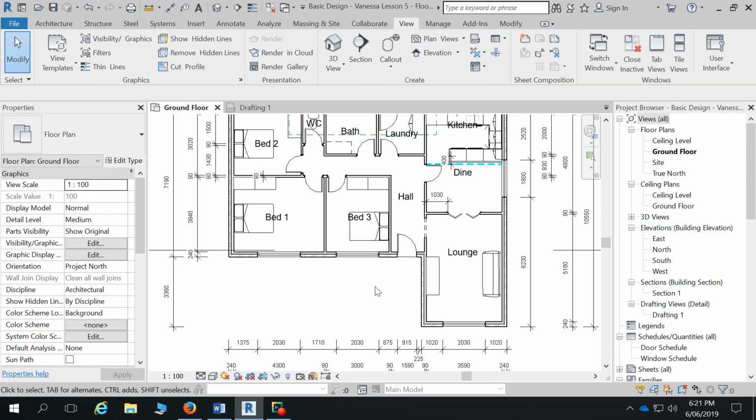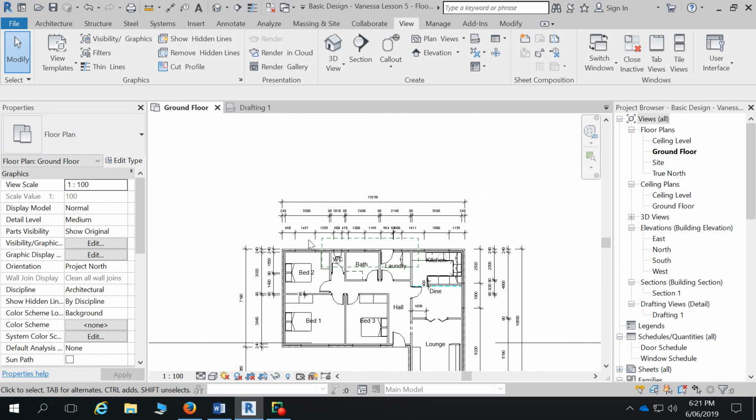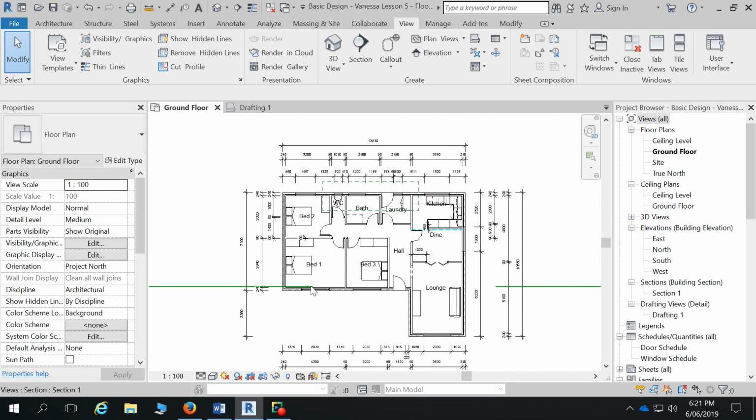Cool. So we might jump into doing the section and the couple of details it asks for. If you look at the PDF reference sheet, we've got section AA down this part of the building, and then we've got a couple of, like an eaves detail and a footing detail that comes off of that. So